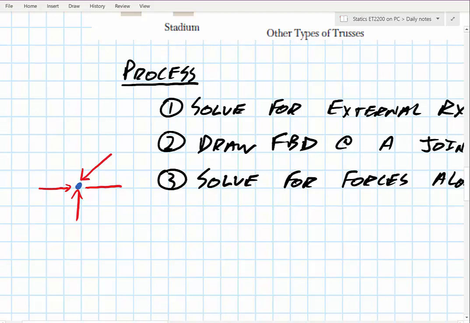So now that one's actually going to be pointing towards the joint, and I also know the other one. Actually, I don't necessarily know the other one, do I? But I would probably think that it's pushing this way. Then I can use my sum of the forces in the x direction equals 0 and sum of the forces in the y direction equals 0 to solve for those two unknowns, because I have one unknown here,